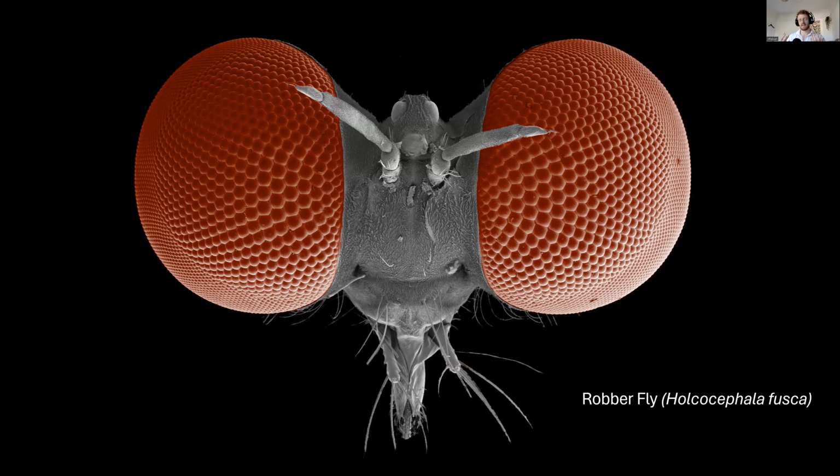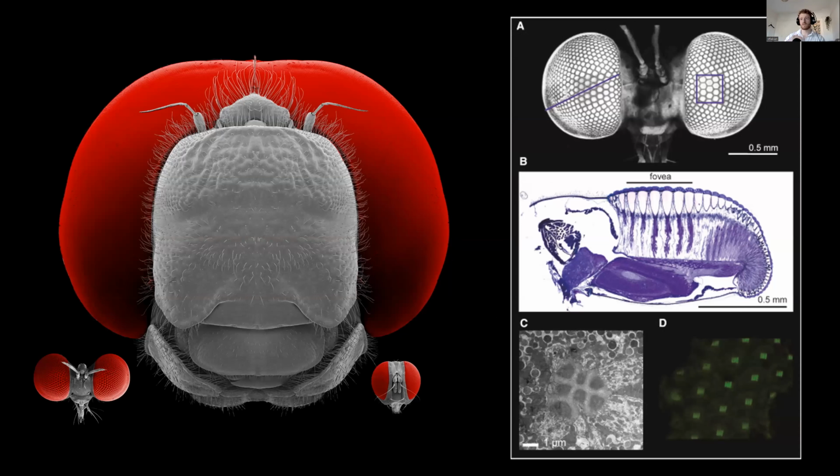And what does that mean? Well, that could mean that they're increasing sensitivity. It could also mean that they're increasing that angular resolution. They could be trying to see more photons, or it could be that they're trying to see smaller objects further away. And so by looking through the eye, we can take a look at the size of the lenses and then how far away the receptors are. And that's what you see in the purplish slice through the eye that's been cut laterally on the right-hand side. And you can see how massive the lenses are at the front of the eye.